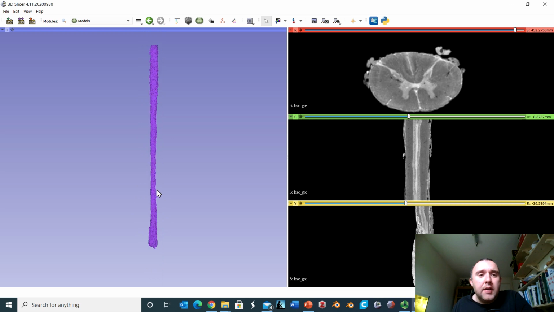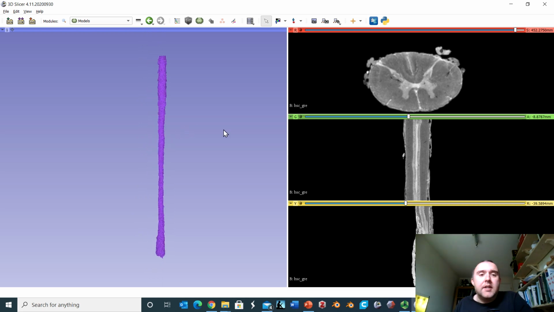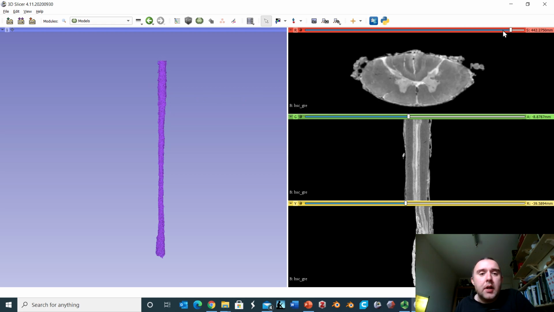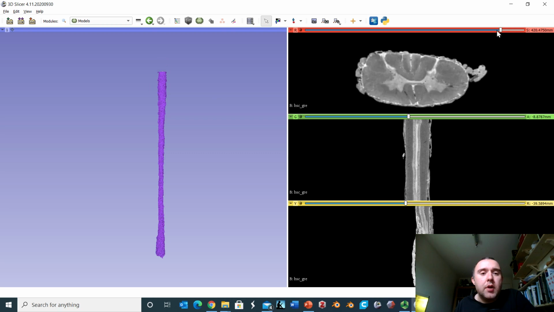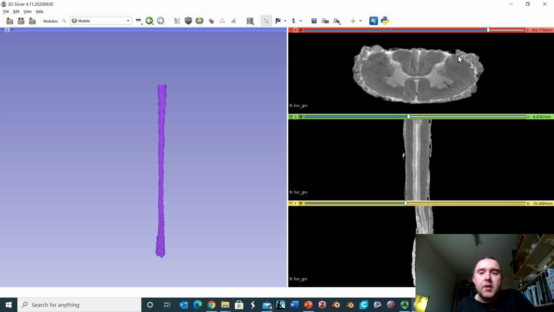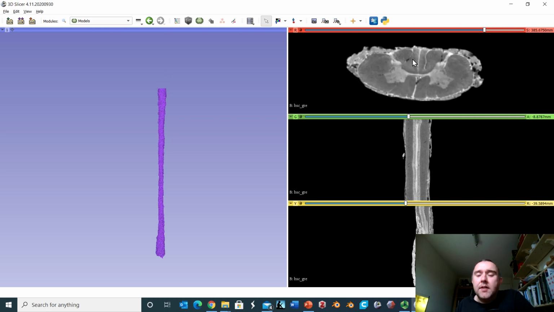So let's go down through the sections and have a look at what the cord looks like in the transverse plane at the various levels. So let's look in the middle of the cervical enlargement to begin with. So I'm going to just scroll down and we'll make our way down to about the central widest portion of the cervical enlargement, and we can see here this is the middle of the cervical enlargement, probably around about C6, something like that, C7, and we can see